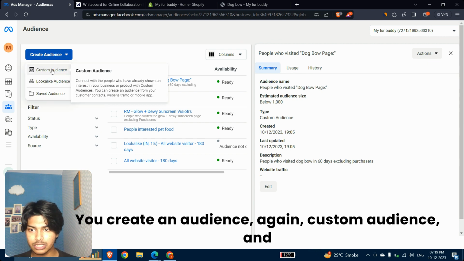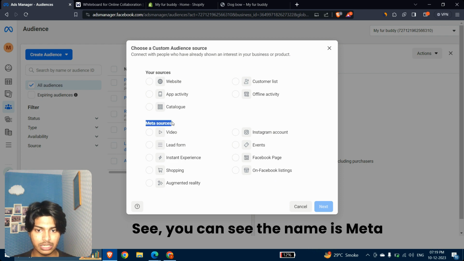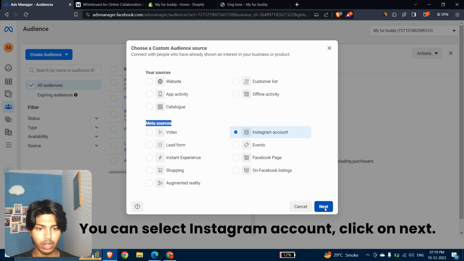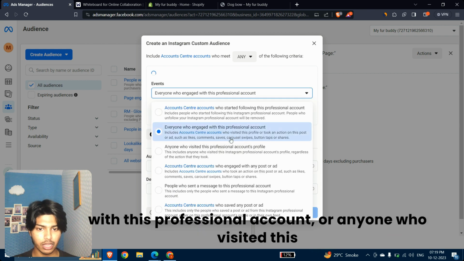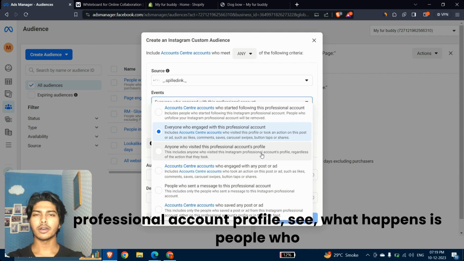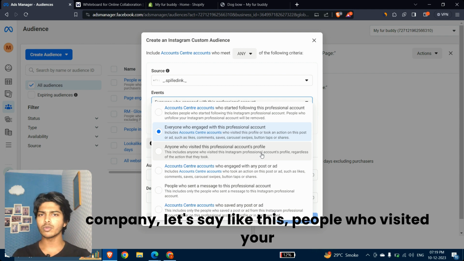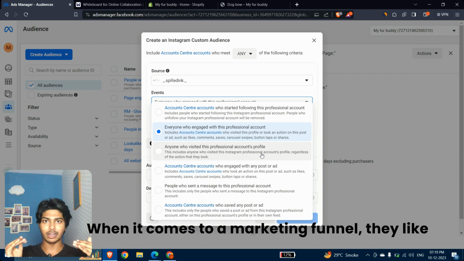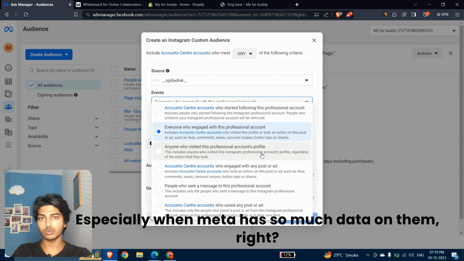You create an audience, again custom audience, and instead of your sources you select Meta sources. See, you can see the name is Meta sources because Meta has 100% control over it. You can select Instagram account, click on next, and what you can do is, everyone who's engaged with this professional account, or anyone who visited this professional account's profile. See, what happens is, people who maybe visited your Instagram page, if you're a dog company, let's say like this, people who visited your Instagram page are on the top of the funnel when it comes to marketing funnel, right? They like your product, so why not retarget them as well,